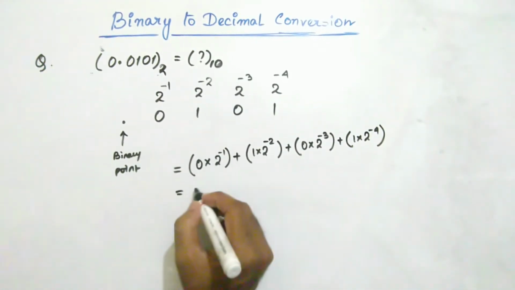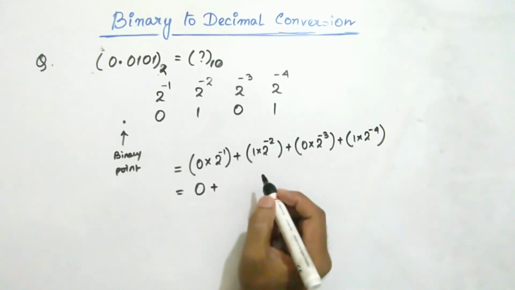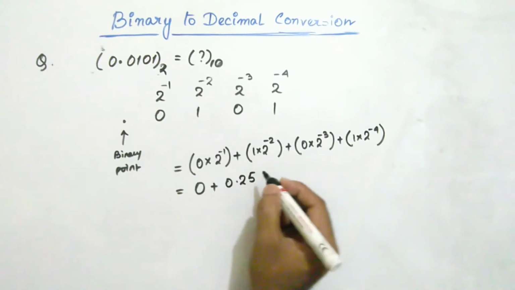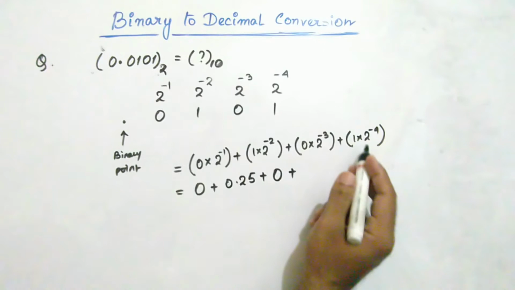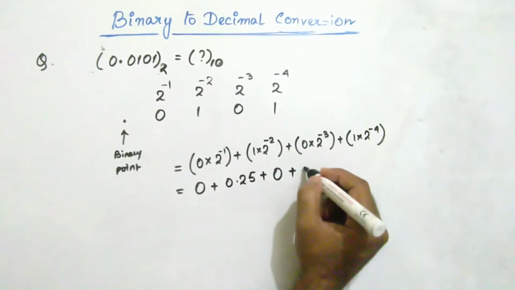Anything multiplied with 0, the result is 0. 1 multiplied with 2 to the power -2, the result will be 0.25. Here the result is 0, and for 2 raised to the power -4 multiplied with 1, it will be